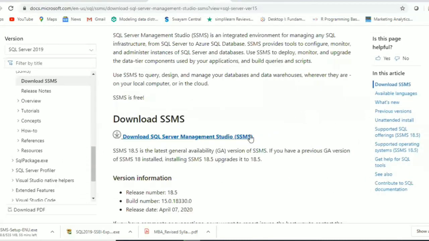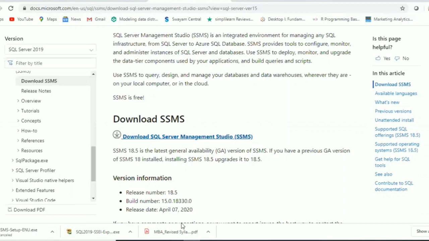Click on the download page. Once the exe gets downloaded, you have to install that exe on your computer. Once you install that exe, from there you can create your own database.